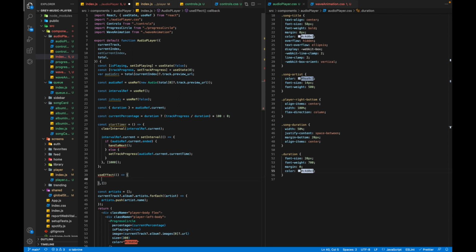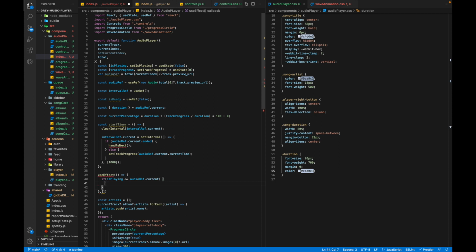Inside the use effect, we'll check if is playing. If the song is playing and we have an audio ref that current, I mean, if you press the play button and we have a song already present, then what we'll do is set the audio ref dot current to a new audio,